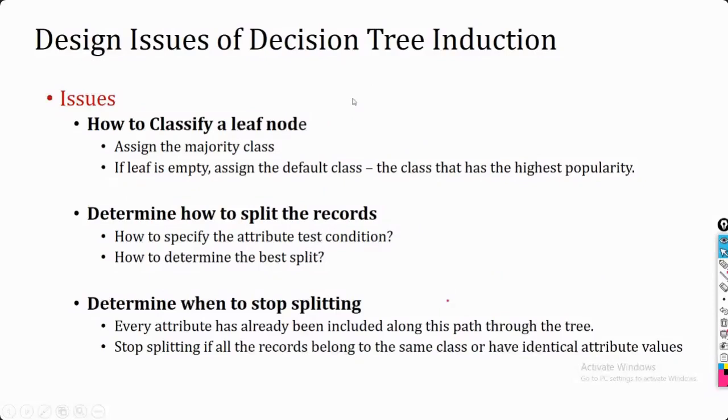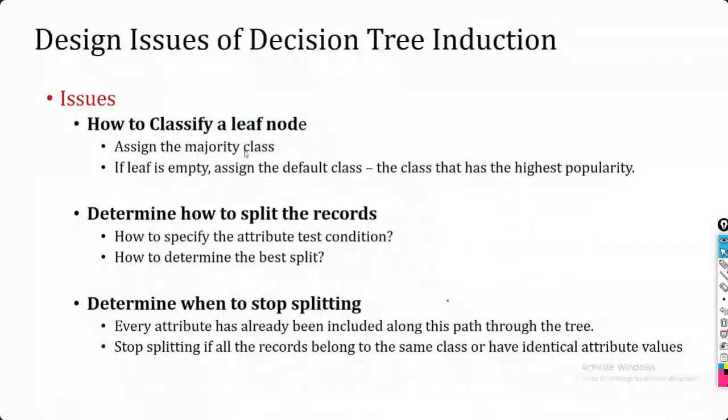Okay. Now the issue with respect to this, as I said, is that we need to select the attribute, select the stopping criteria, and decide the class label. In order to decide the class label, there are two possibilities. Either all of the instances are part of one class, or some of the instances are in one class and some in the other.